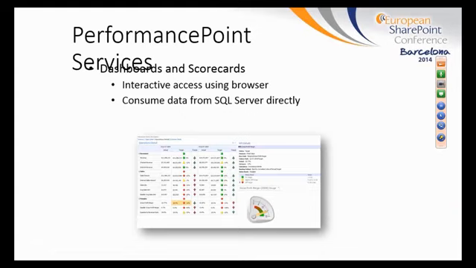PerformancePoint Services has two components. There's a server-side component, and then there's a dashboard designer that allows us to create dashboards and scorecards. The idea here is that PerformancePoint expects tabular or multidimensional data sets with clearly defined dimensions and measures, and when we have these defined, it allows us to fairly easily create these dashboards and reports. And the way this works is that we use the dashboard designer to create these reports, if you will. You can almost think of them as little applets or web parts in themselves, but a report can be